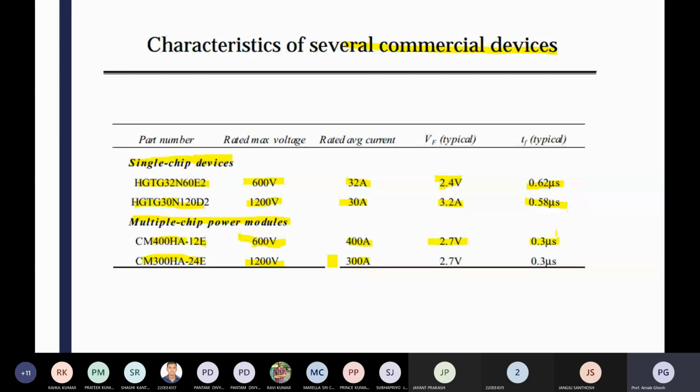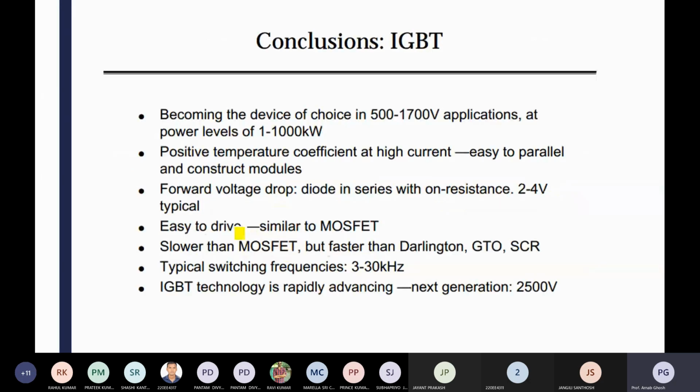So what we can conclude from that is that the IGBT is becoming the device of choice for 500 to 1700 volt applications at power levels of 1 kilowatt to 1000 kilowatt, so 1 megawatt maximum. It has a positive temperature coefficient, high current, and is easy to parallel and construct modules. The forward voltage drop VF is like a diode in series with an on-state resistance, so 2 to 4 volt is normally dropped.